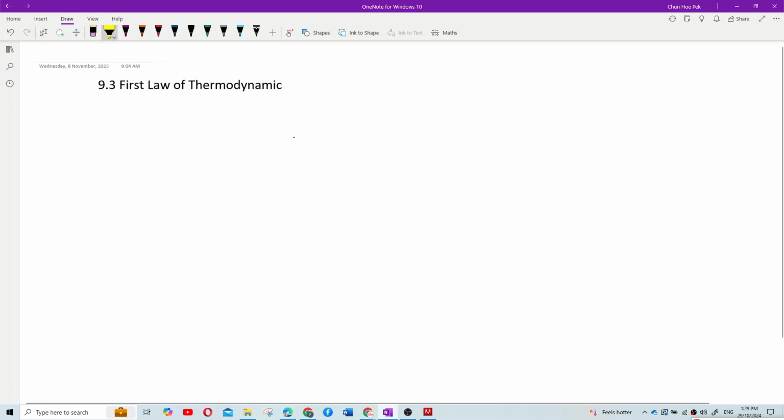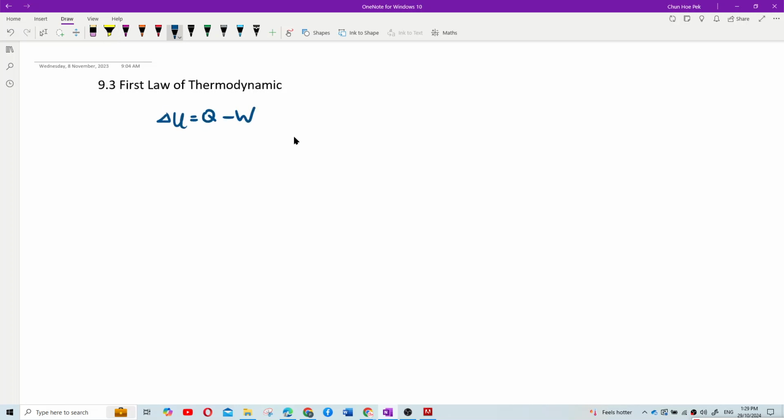Okay, so we have this formula: delta U equal to Q minus W. So this is the change in internal energy. Delta U is the